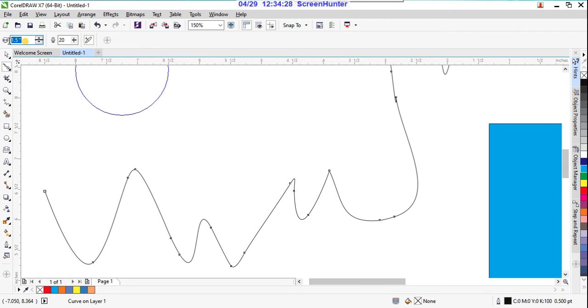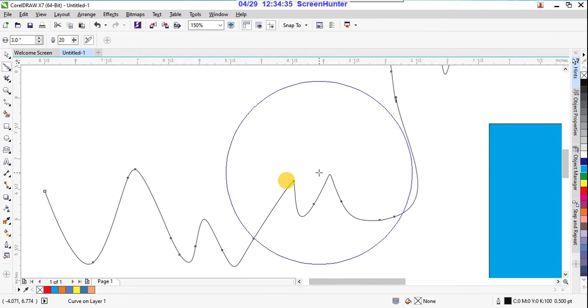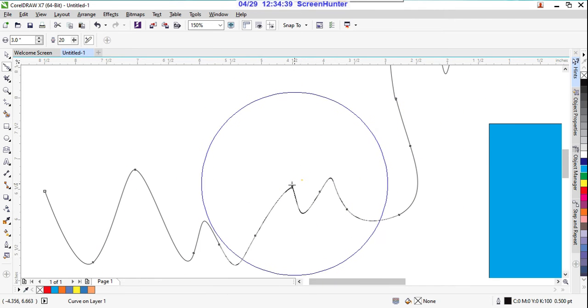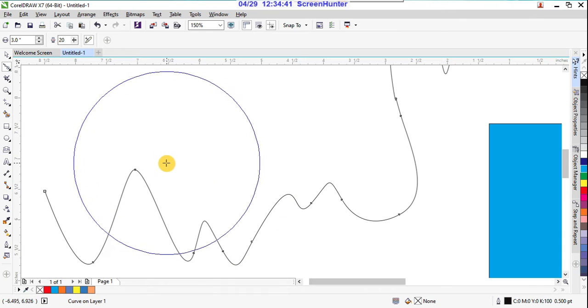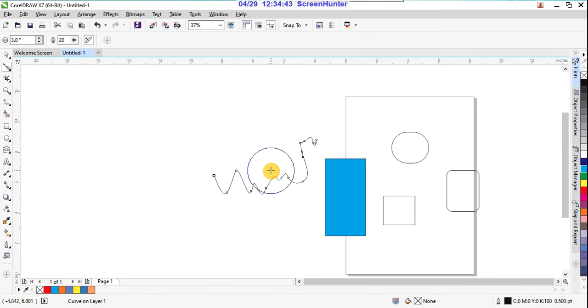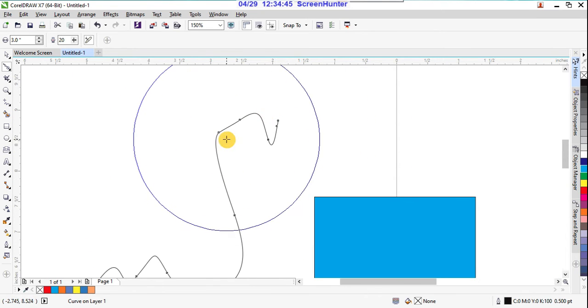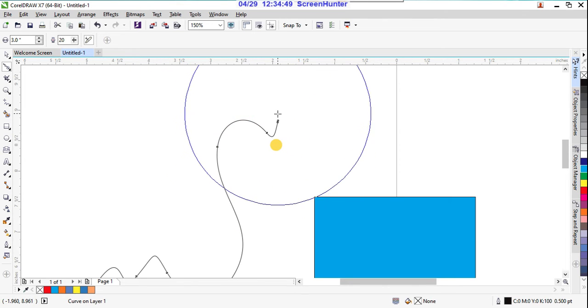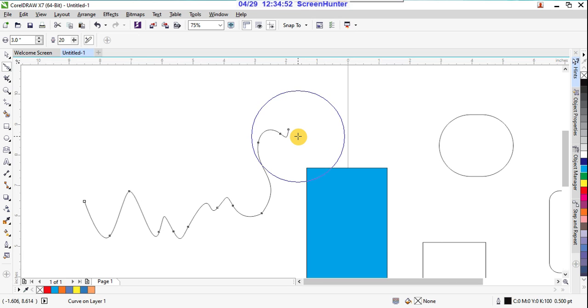So here I'm giving some value and changing it to 3 and enter. Now see, immediately very nicely it is changing into a smooth line, right? So sometimes we use all these things, very nice, perfect, right?